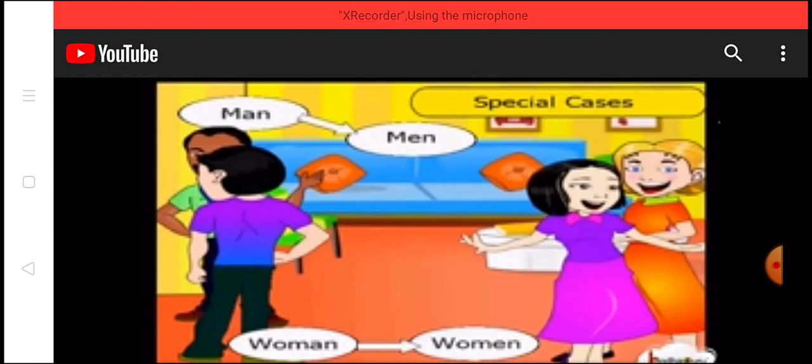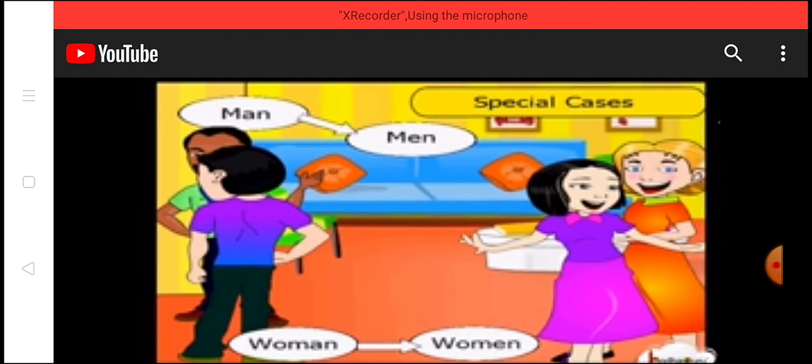And here is a special case, students. Put the side heading: a special case. You have to learn a few words, because in a few nouns we can't add or replace anything with other letters. Actually, you have a few nouns which change completely when they take the plural form. For example, man will be changed as men, woman will be changed as women. If there are 4 or 5 men standing in that place, we can't say that 4 mans are standing.